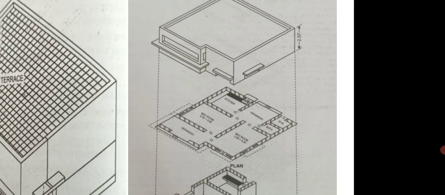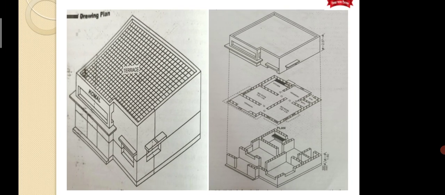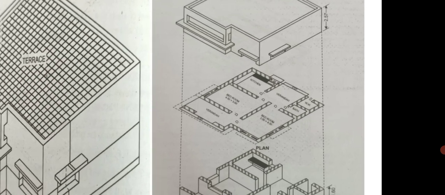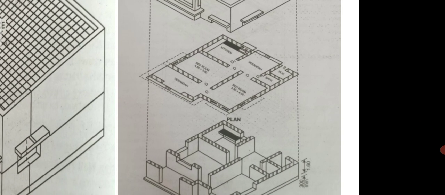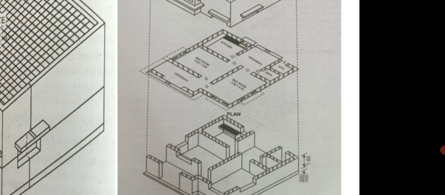After cutting at the sill level, you can see they have cut the house into two sections. Then you can see the upper part is upward and the lower part is downward, and what you are going to draw is whatever you have seen from the top view. As you can see from the top, what you can see is this plan. As you can see in the middle, this plan, and therefore we have to draw this plan as a development plan.